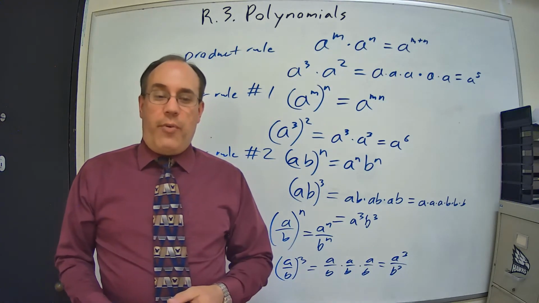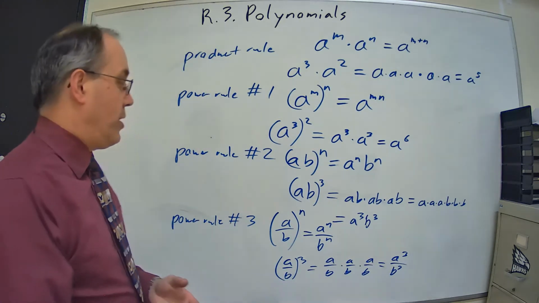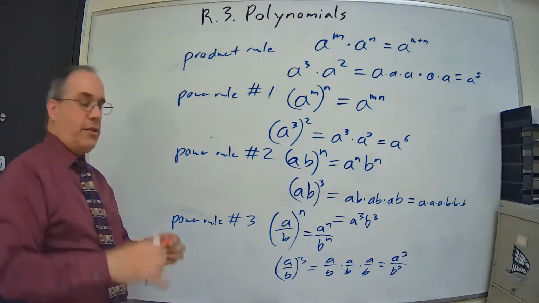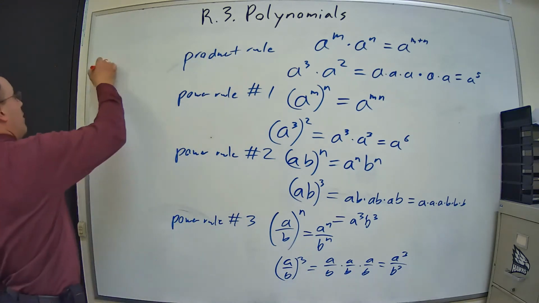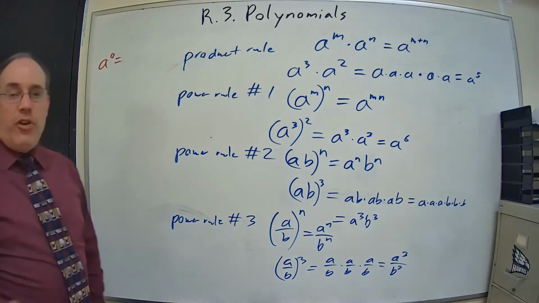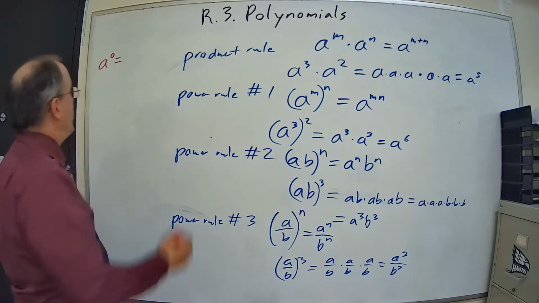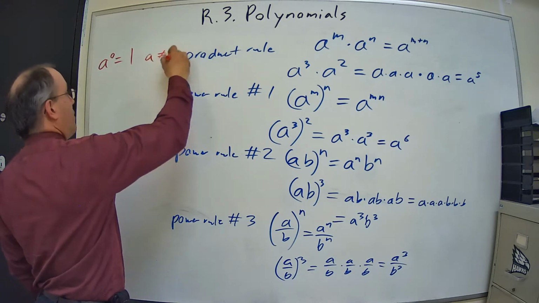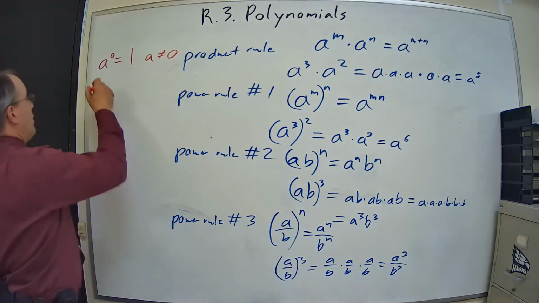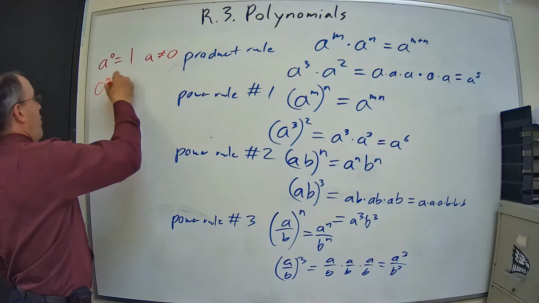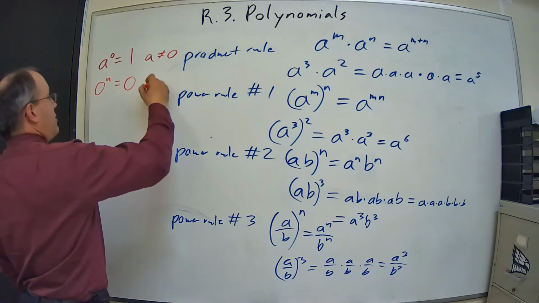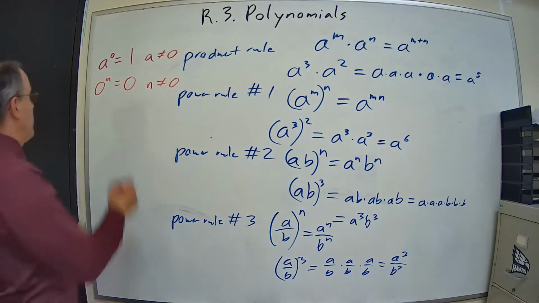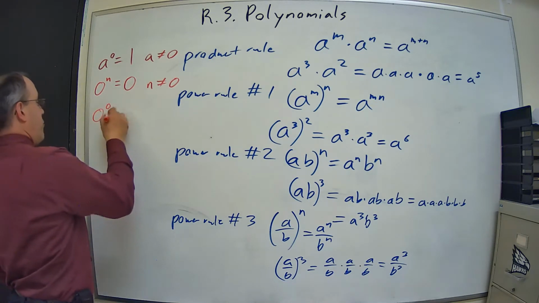The other rule that I want you to realize is the zero exponent. I'm just going to come off to the side, actually, where I've got the space. Any number raised to the 0th power is 1, as long as that base a is not equal to 0. 0 raised to any power is 0, as long as that power is not equal to 0. 0 raised to the 0th power is